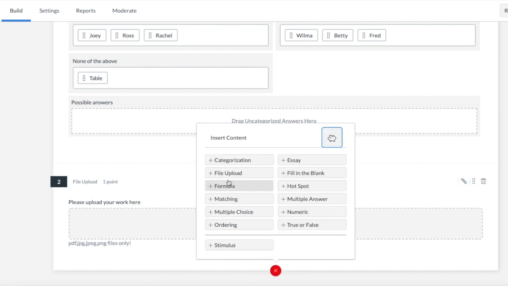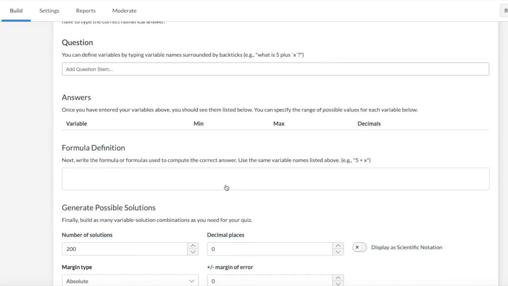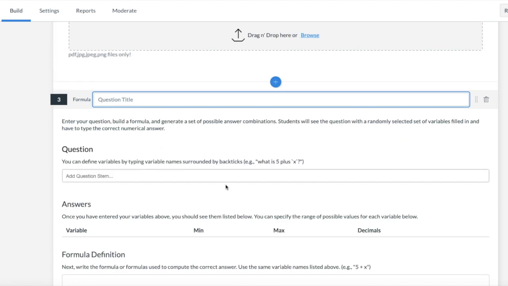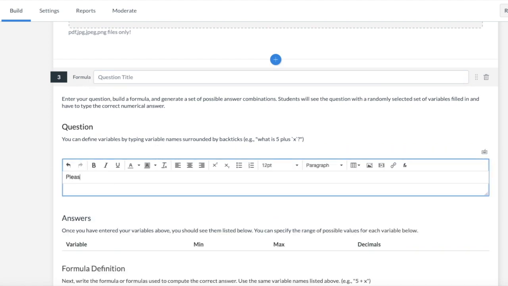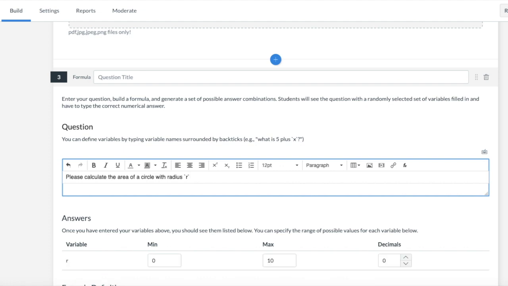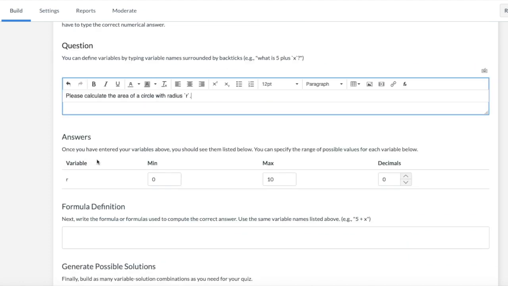The next type is formula, which is quite powerful, but also has a couple of weaknesses. So your question stem is, please calculate the area of a circle with radius, and then we're going to put in backwards tick marks, and we'll say radius r, for example, and that's going to be our variable. And if you notice down at the bottom, it's picked up that that was a variable,